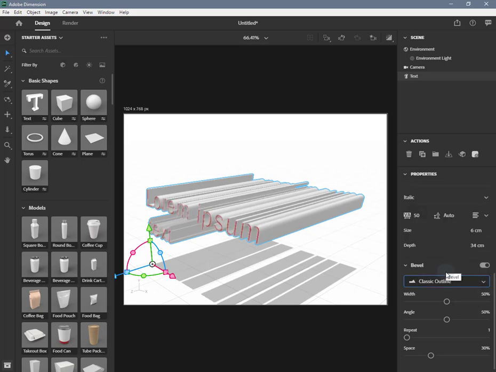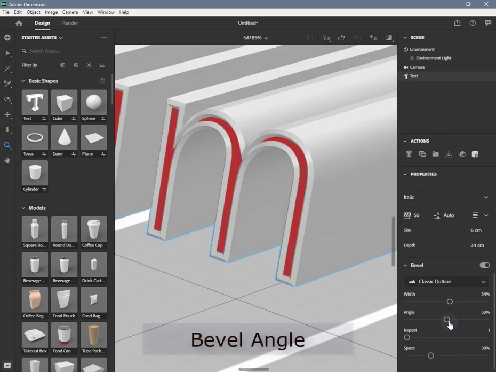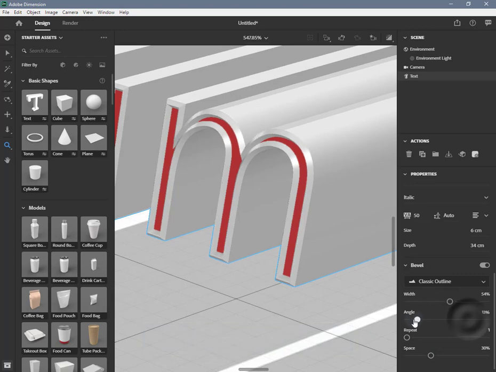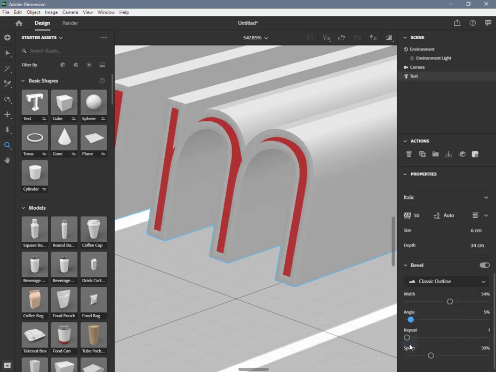Bevel properties. Bevel width. Width, the thickness of the bevel, measured from the outline of the text to the center line of each glyph as 0 to 100%. Bevel angle. Angle, the angle of the bevel, measured from the base of the glyph to the edge of the bevel as